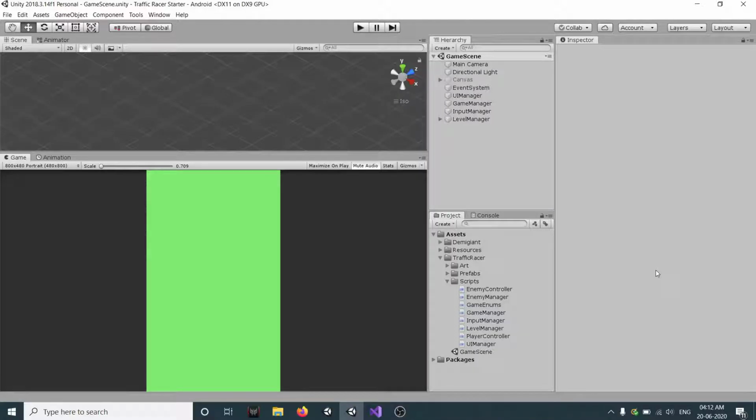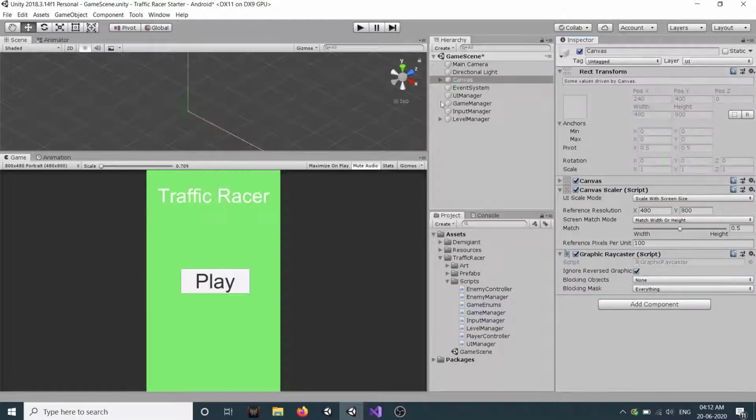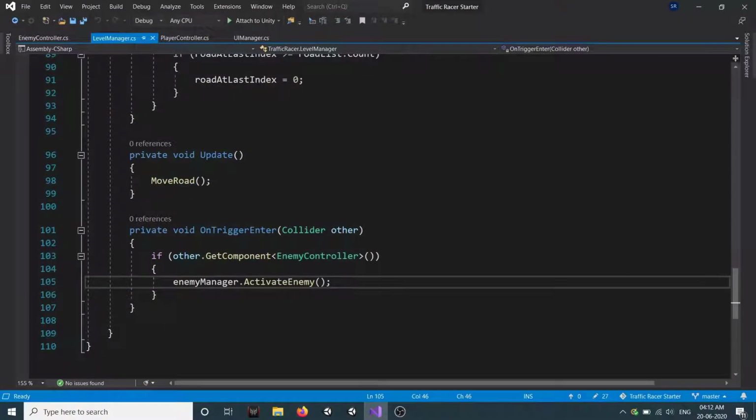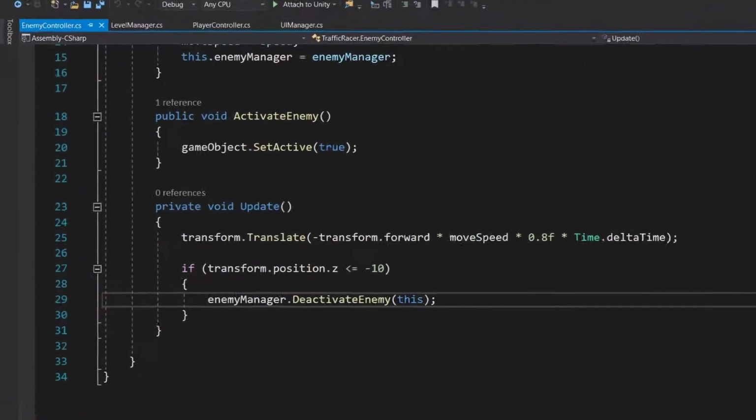So now let's connect our UI with our entire game. Let's click on our canvas and activate it. We want to make sure that when we click on play, then our enemy starts spawning and then only we start moving our player. So for that, let's go to the enemy controller.